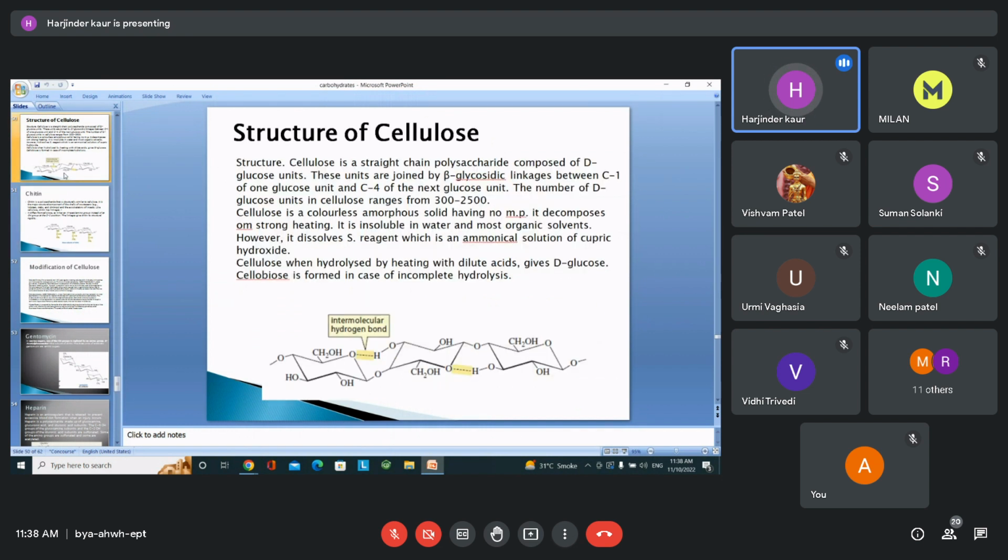What is beautiful about this beta glycosidic linkage is that once it is linked like this, in starch it takes the spiral form, but in this case it takes the fiber straight chain form. That is because there is also the probability of hydrogen bonding with this ether O and the OH at the 1, 2, and 3 positions. This intermolecular